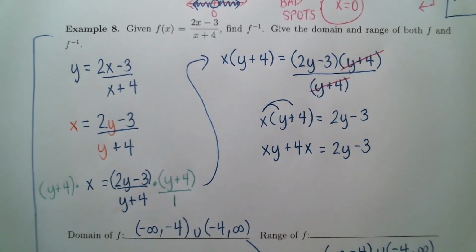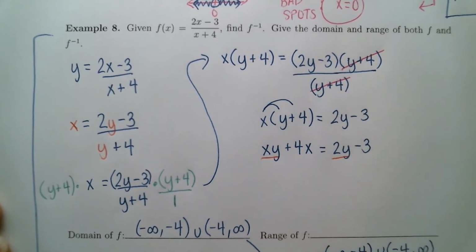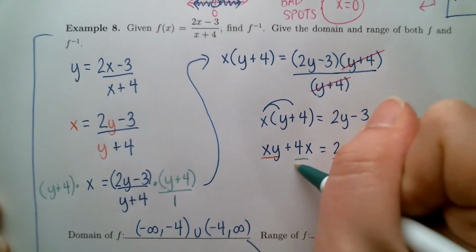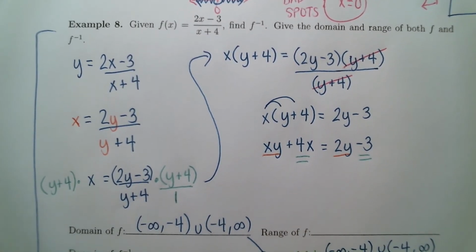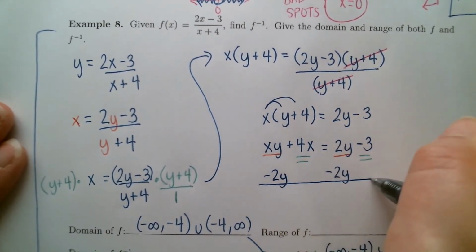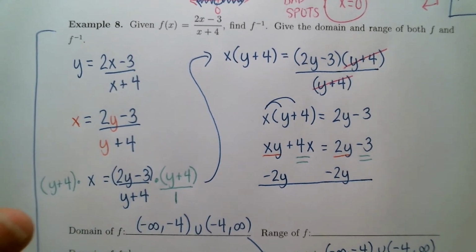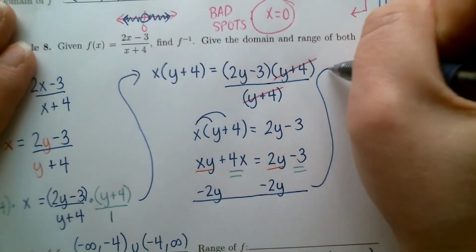Again, tougher than the last problem. We've got y's on both sides. So here's what we're going to do so that we can get y by itself. I'm going to put everything that has a y, so this guy and this guy, on one side of the equation. And then everything that does not have a y, this guy and this guy, I'm going to put on the other side of the equation. So I'm going to move the 2y over, and it doesn't matter what you move to what side. You just want everything with a y on one side and everything that doesn't have a y on the other side. That is going to lead us to